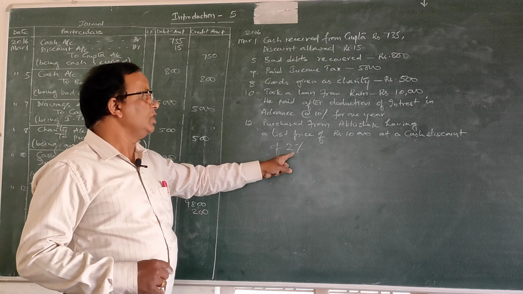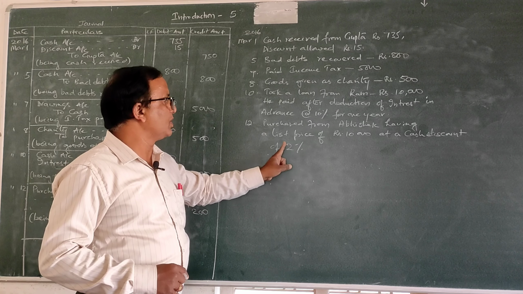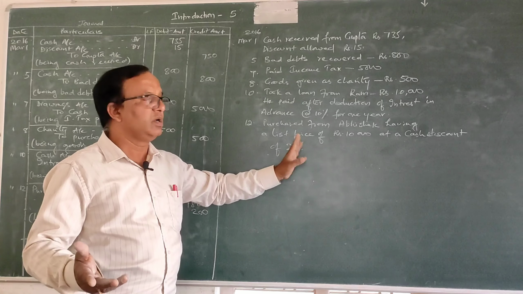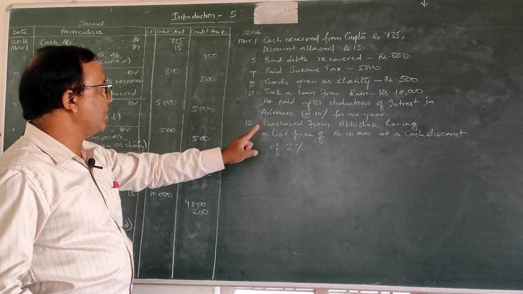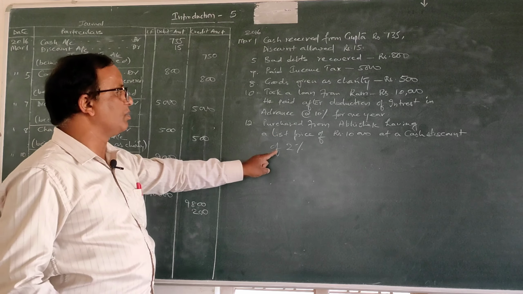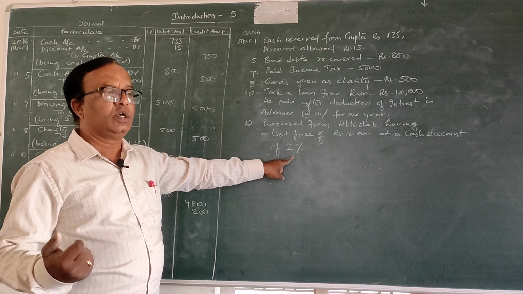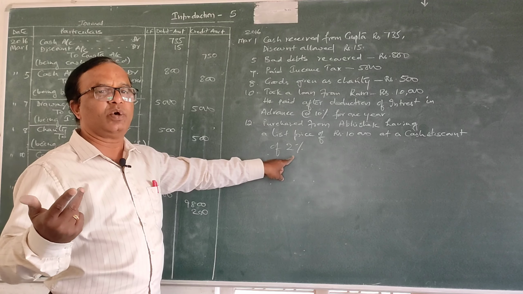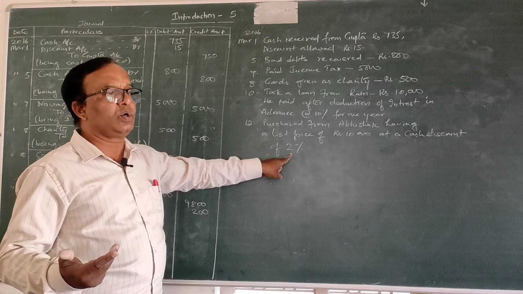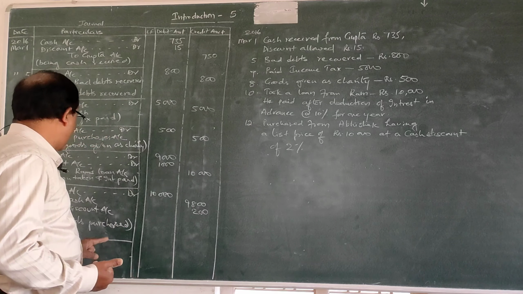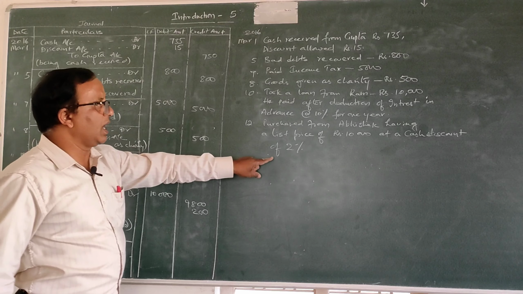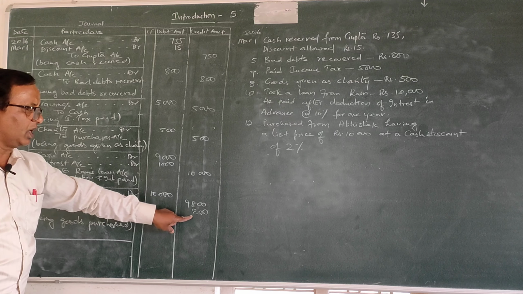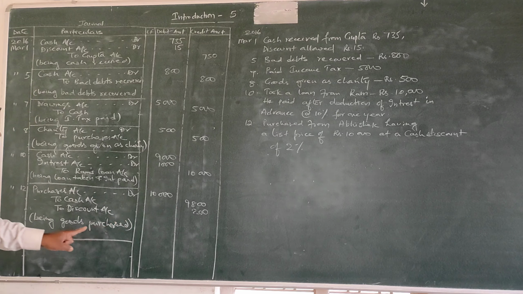Then further, this particular discount, how you have purchased it? Purchase from Abhishek having a list price of 10,000 at a discount of 2% means here 2% discount you have received. So 2% discount you will receive only when you make immediate cash payment; at that time only you will get the discount. So here this discount is received by you, it is an income. Observe here. 2% if you calculate on 10,000, it amounts to 200. That means out of 10,000, a discount of 200 you have received, and the remaining 9,800 you have paid in cash.